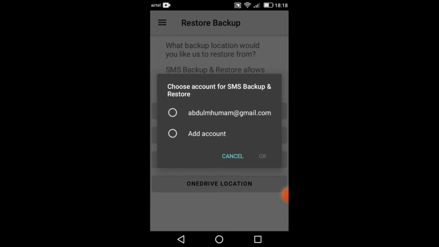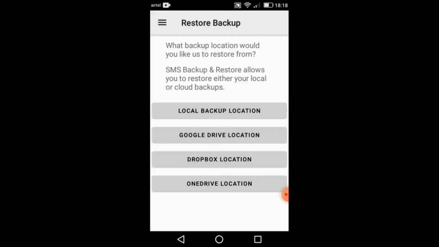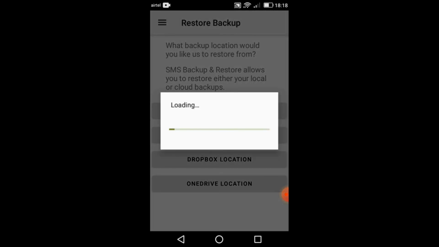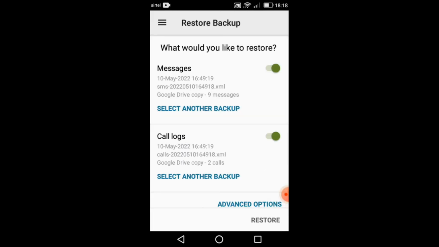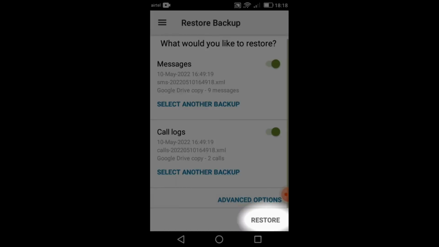Next select the Google account which you had backed up all of your SMS and call logs. Alright, so we are able to see that we have backed up 9 messages and 2 calls from the call log. So next click on restore